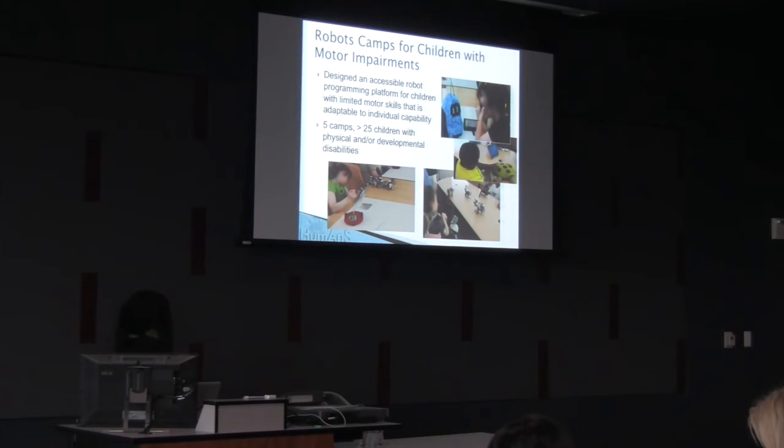And then lastly, what we do is we still run a bunch of robot camps for children with disabilities. We design curriculum, we design interfaces for even severe kids, so children who are not all the way to 5, but on the 3 to 4 level where they can interact and program robots. And so we continue to do about 1 to 2 a year, about 4 to 5 kids in camp, again,